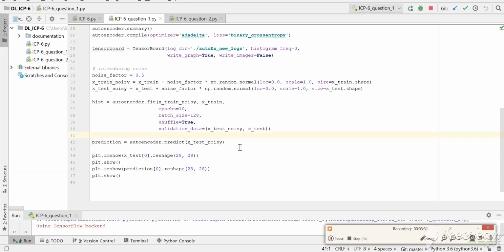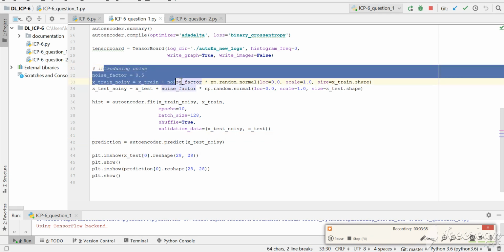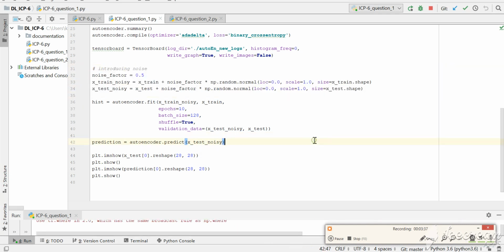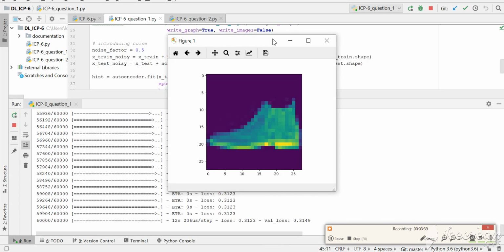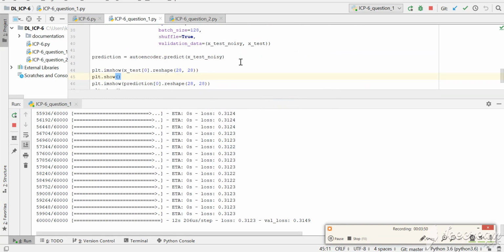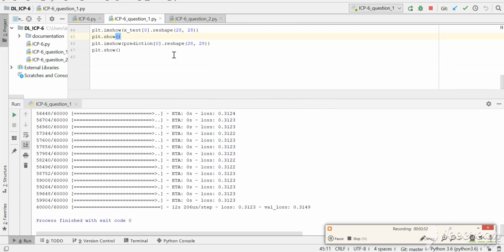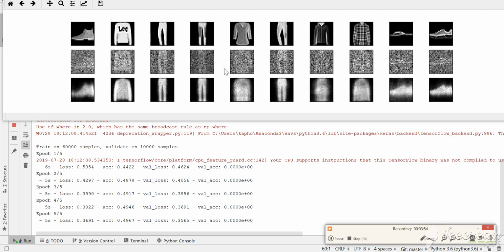Now we could see what difference we get in the output when we add the noise factor, introducing noise here. Now same thing with the noise. We could see this is the test image, and this is our predicted image. So we could see now what's the